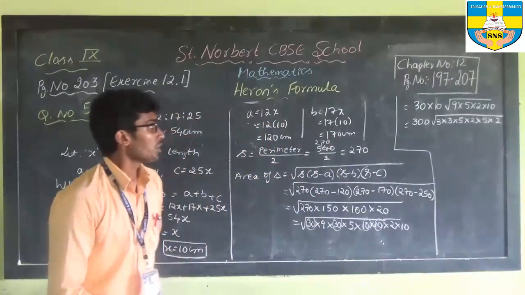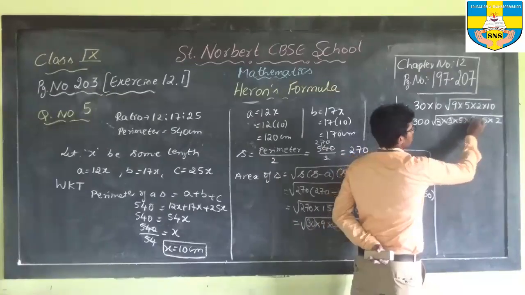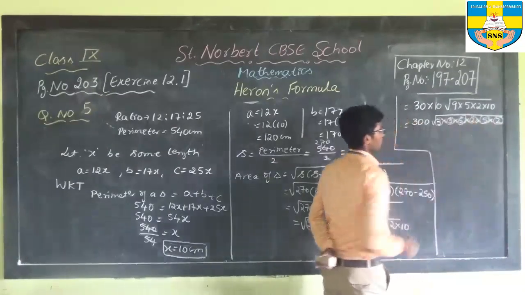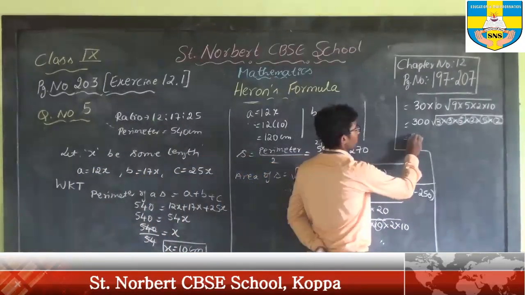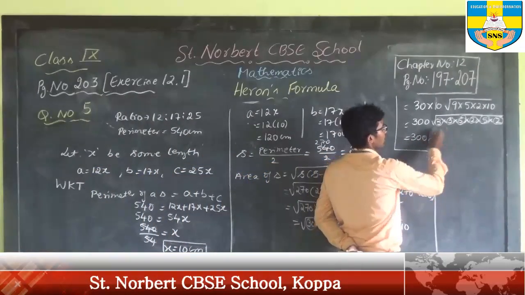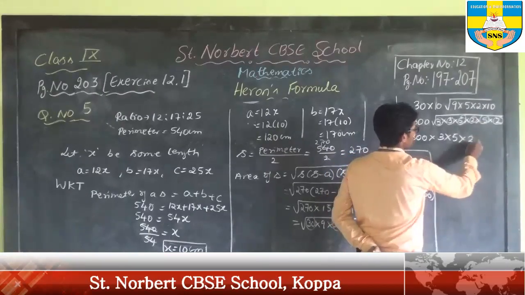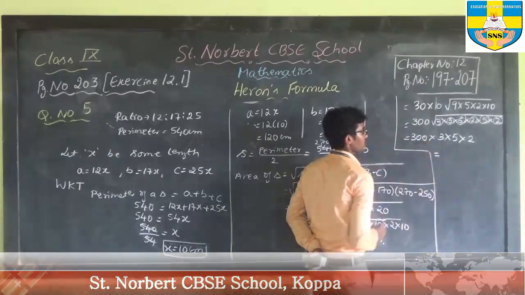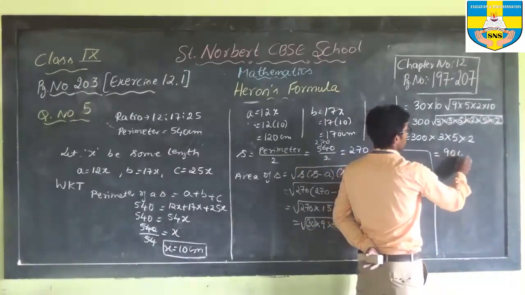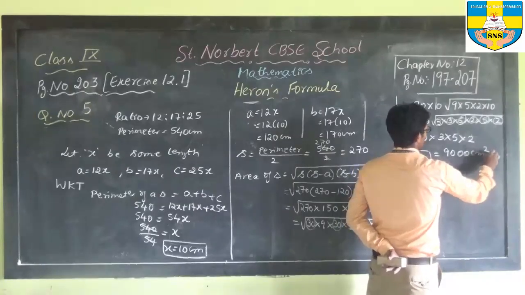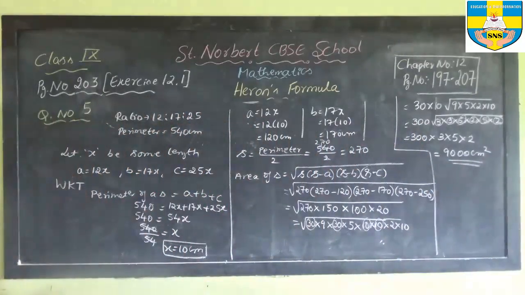Okay. Now can you take the same numbers 3, 2, 5. So we can have pairs for all those numbers. Then 300 is already outside. 1, 3: now you can take outside the square root. 1, 5 outside the square root. 1, 2 outside the square root. So if you multiply 300, 3 threes are 900. 900 into 10, 9000 centimeter square. This will be the answer for the area of the triangle.